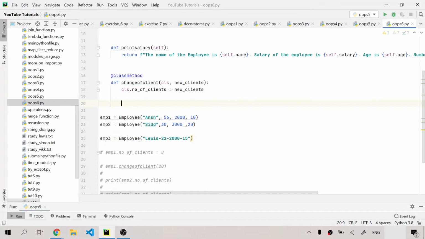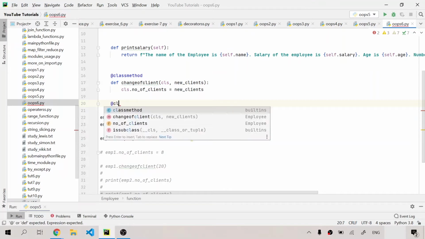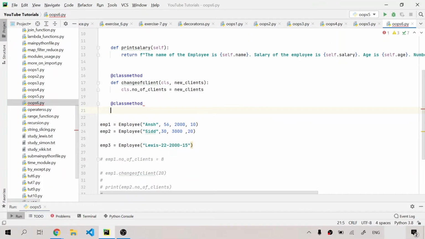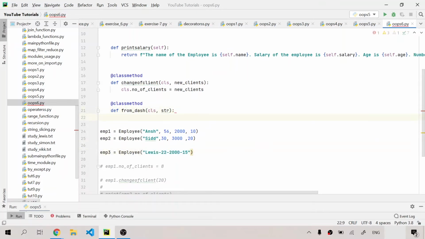Now I'll have to make a class method, and I hope you guys have guessed it correctly, because we are basically making class methods into alternative constructors. So we are going to write classmethod, and after that I will need to define a function. I'll write def from_str, and after that I'll put parentheses. Then I will have to take a string into it because we are going to use this string in order to access the data, and after that we are going to make the instances of that particular object. So now I will write params is equal to str.split, and then I'll split it using the dash.